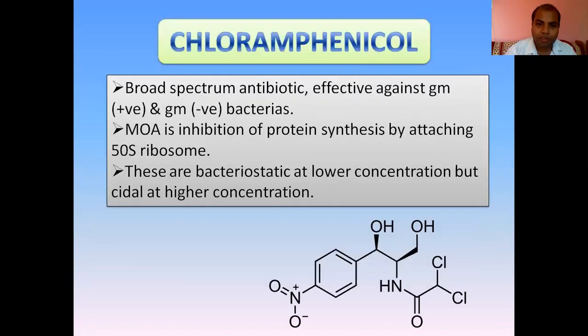So we need to store it in a tightly closed container, preventing penetration of sunlight, preferably in an amber colored bottle. The next antibiotic under this class of protein synthesis inhibitors is chloramphenicol. This is a very common and well known antibiotic. One thing to remember is that chloramphenicol is very bitter. So for formulation in a tablet, capsule or other dosage form, it is formulated in such a way that the other excipients can mask its bitter taste.